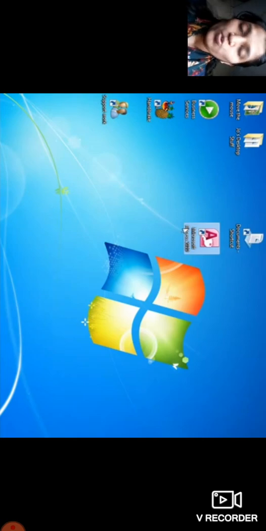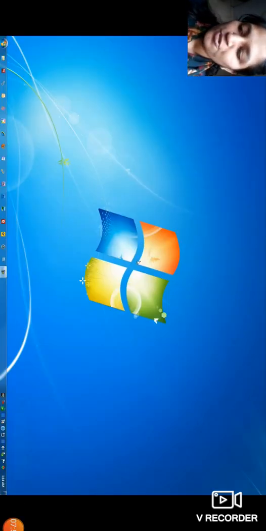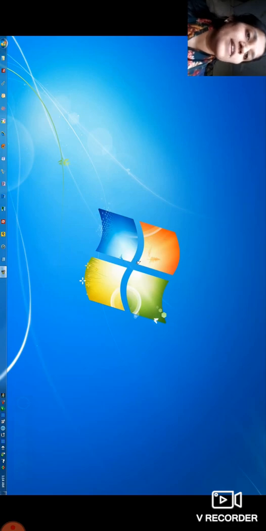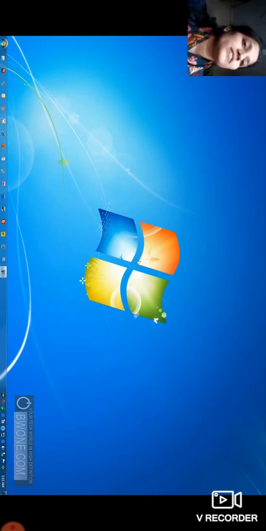Now activity 2, what we are going to do in activity 2. So students, in activity 2 we have to right click on the desktop and click on the personalize option. So using the personalize option, what can we do? Let's see. So we can get this type of window when we open our computer. Okay, so students, in the blank area of the desktop, for the personalize button, we are going to right click.